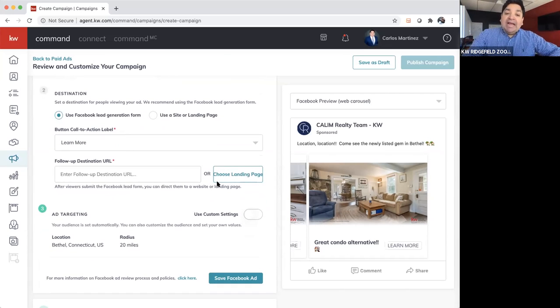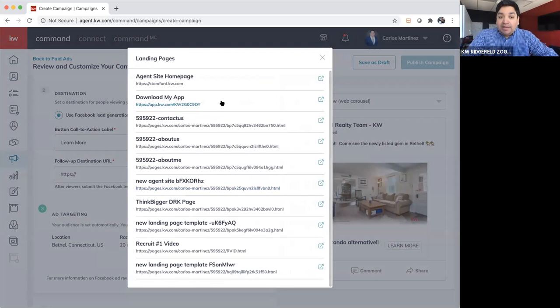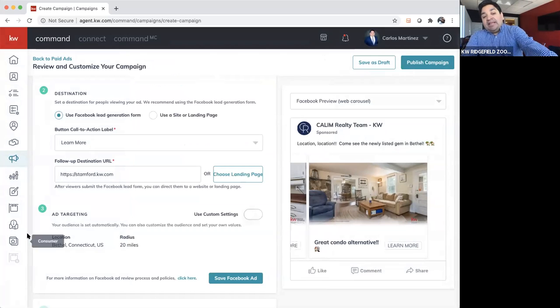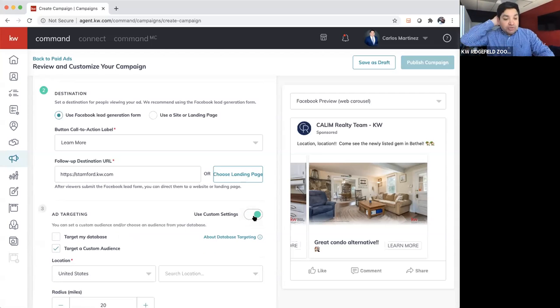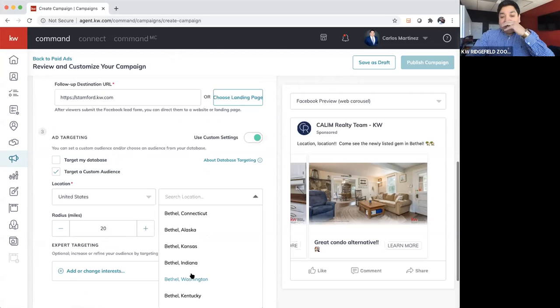Save yourself a headache. And now, as soon as they sign up, you can follow up with a follow-up destination URL. I have a couple of them here, but the main one I use is agent site homepage. I would again recommend that right here where it's consumer, you can set up your landing page, and that's where they're going to go, right? And now the ad targeting is extremely important. It's extremely important because, as good as Facebook is with algorithms, you don't want them to just say, well, we think it's this and we think it's that. No. So the first thing is that